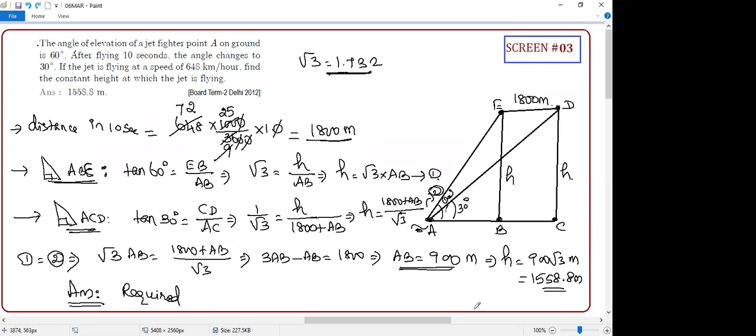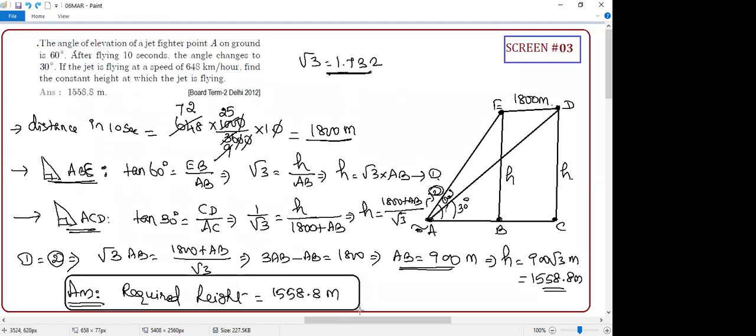This answer is also correct, because they didn't say what value you have to take. Okay. Required height is what? You will say 1.88. Guys, the unit is very important. The final answer unit is a must. Are you clear? Harishankar, are you clear? Yes, sir. It's very, very important.